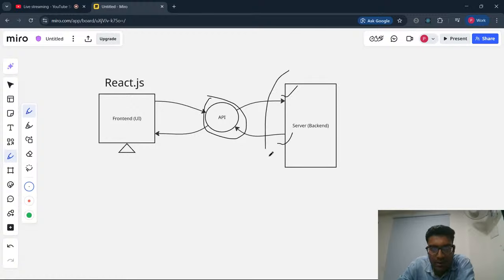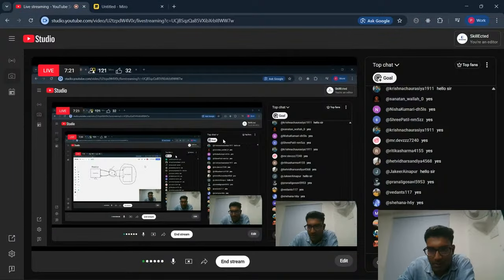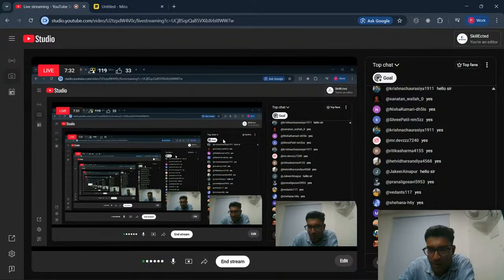We are not going to build any server. We are going to call these ready-made APIs from our React app, get data on our UI and display that data.